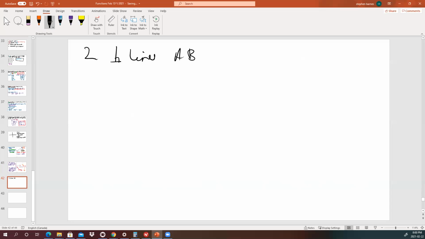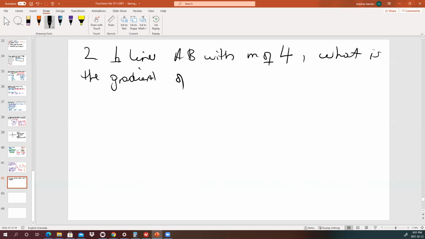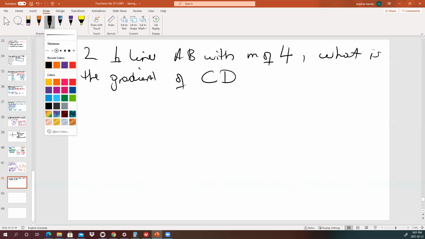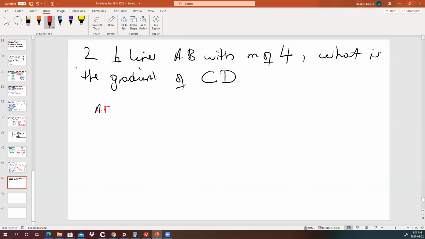AB with a gradient of, I'm just writing shorthand, 4. So the question would ask, what is the gradient of CD? Remember we had said, if the gradient of AB equals 4, then the gradient of CD would be